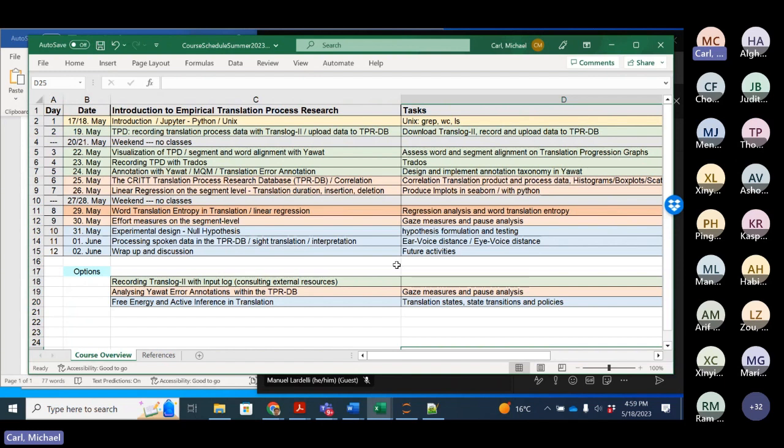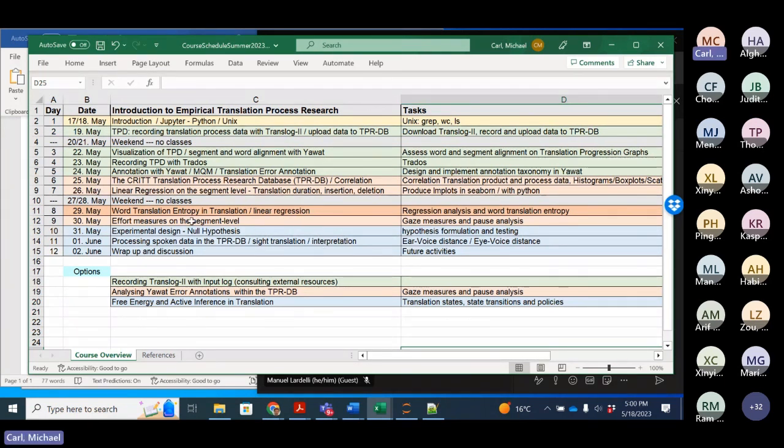Right. So this word translation entropy is an interesting measure, and Yusheng was friendly enough to explain this and how we compute this word translation entropy measure in the data. And we can then also link this to linear regression and show that this word translation entropy is a kind of predictive metric for quite a few different other measures, for instance, for behavioral data.